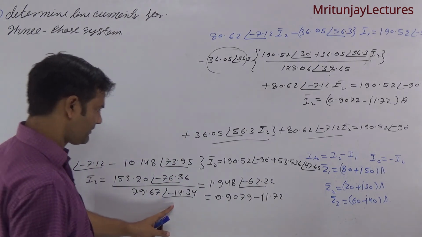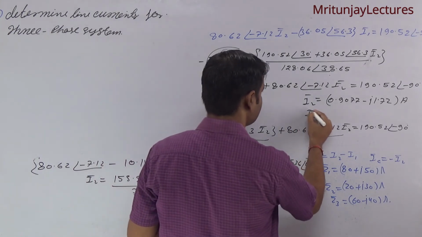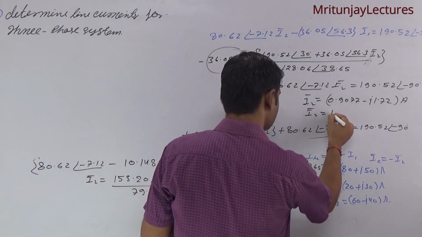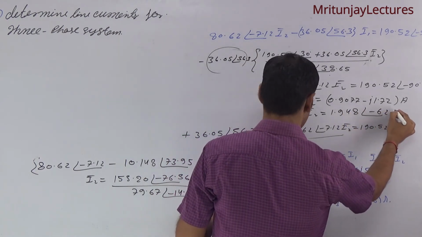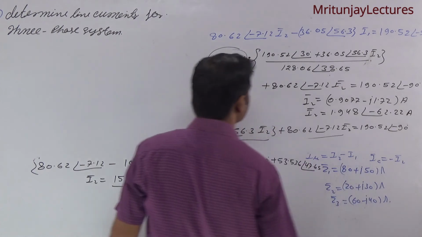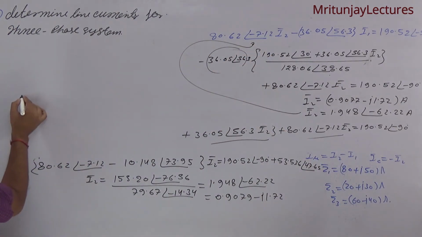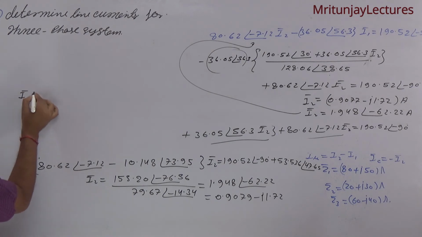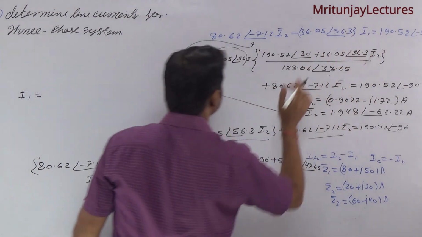Finally we got that I2 is also written in terms of phasor form, that is 1.948 at the angle minus 62.22 ampere. Okay, if this value is put here, then we got I1. So I1 is finally written as, if this one here and this one here, so we got